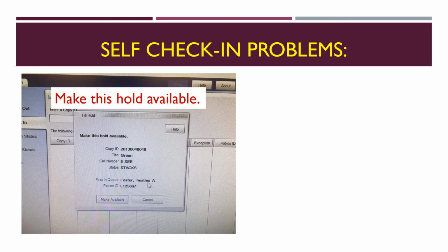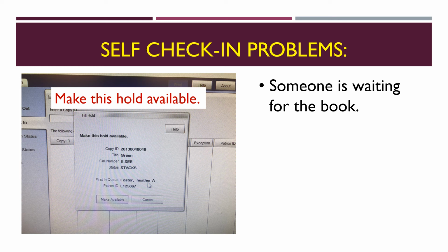Now, we talked about holds earlier, that people can put a hold on a book. So when you're scanning a book in, if this pops up and it says "make this hold available," that means somebody's waiting for your book. So what you have to do in this situation is you're going to click make available,